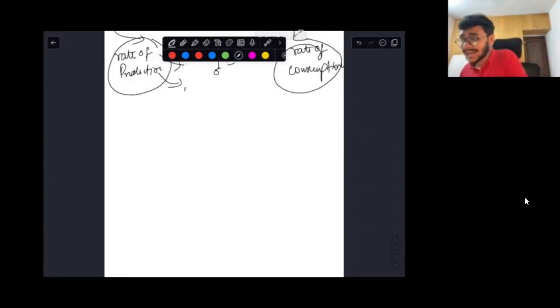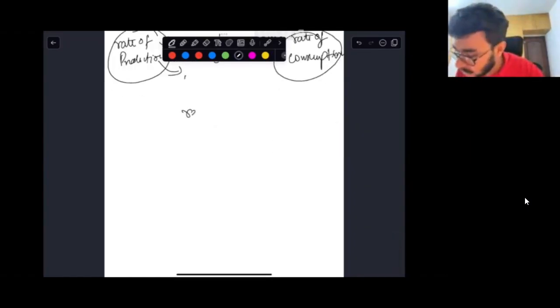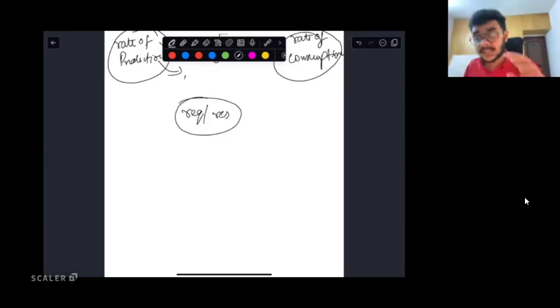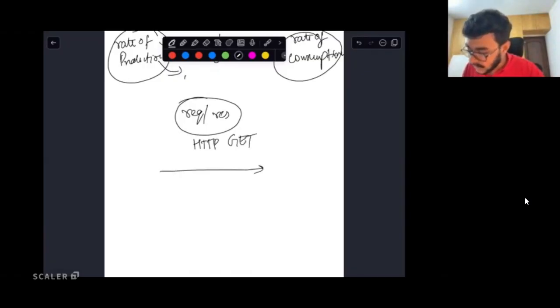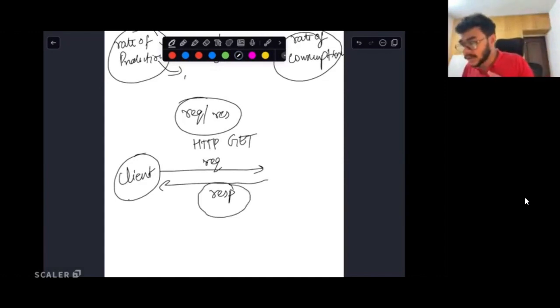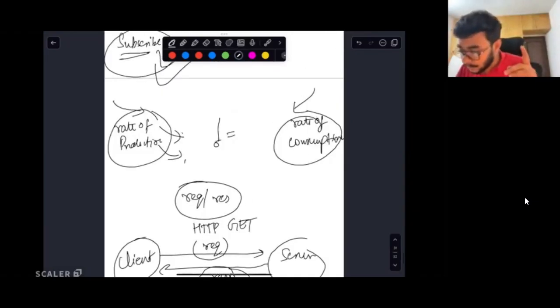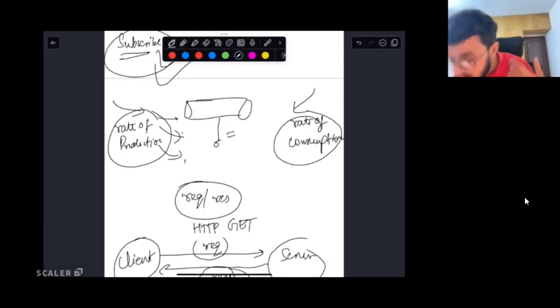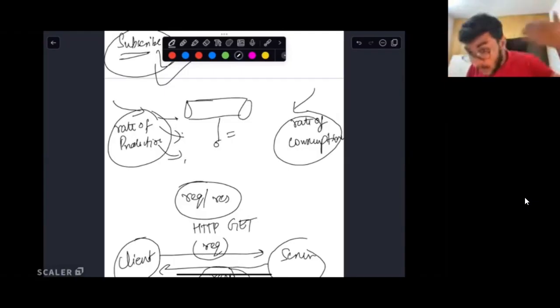And this is exactly in contrast with the request-response model, which we have always been discussing so far. For example, if you fire an HTTP GET request, you send a request and you immediately get a response. The HTTP client that is running over here is blocked right now. It is going to wait to get the response for the request that you sent to your server. Whereas over here, you just published an event into this queue and immediately you are unblocked. So now you can do so many other things.